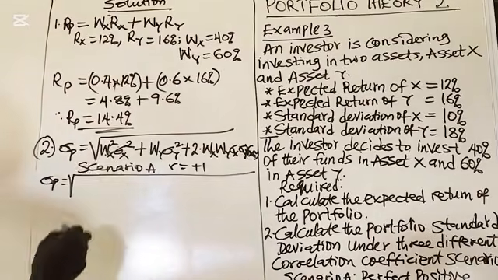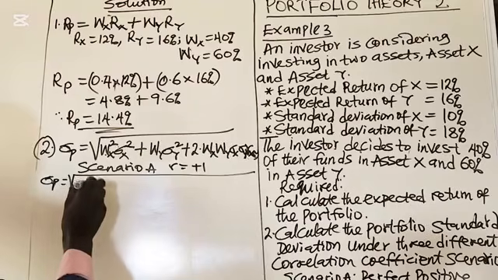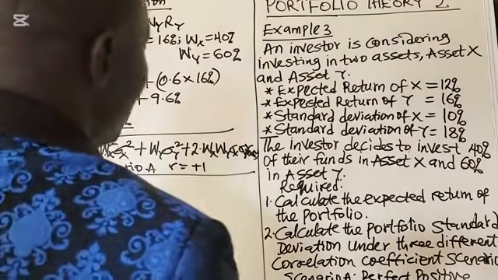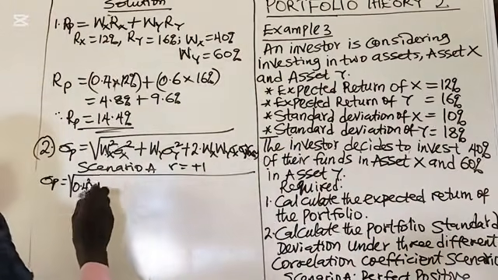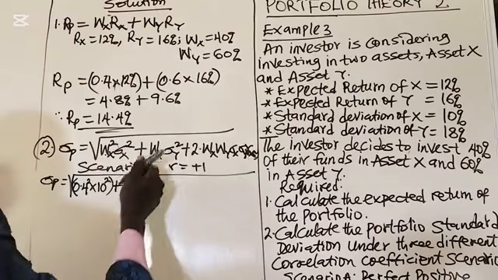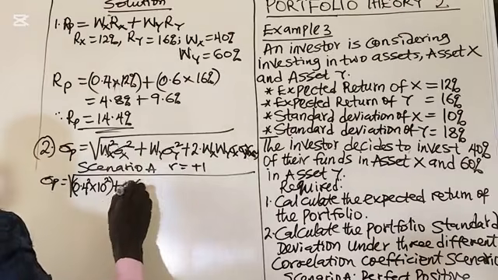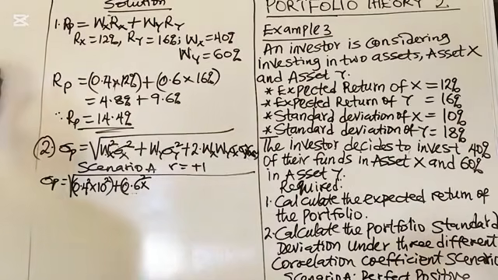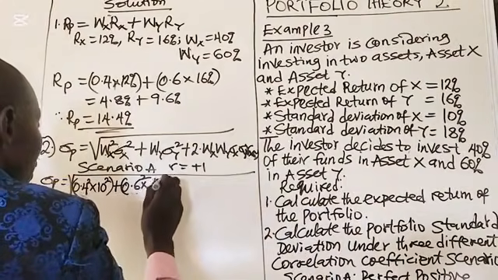The weight of security X is 40%, which is 0.4, so 0.4 squared times the standard deviation of X, which is 10%, so 10 squared, plus the weight of Y, 0.6 squared, multiplied by the standard deviation of Y, 18%, which is 18 squared,